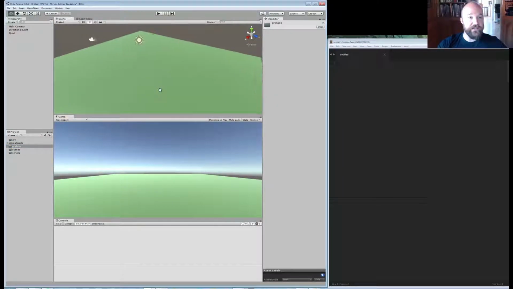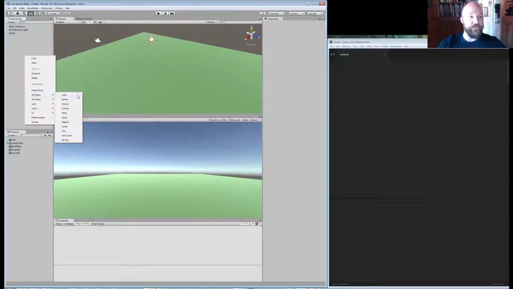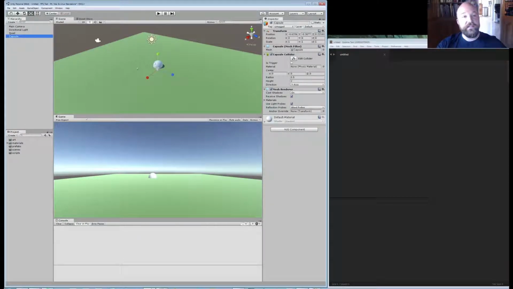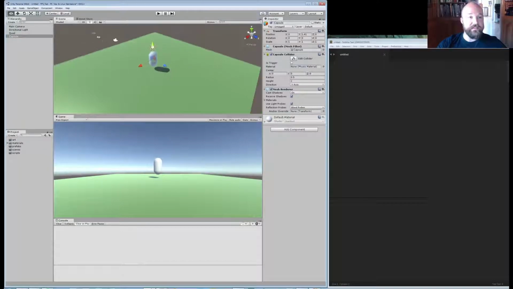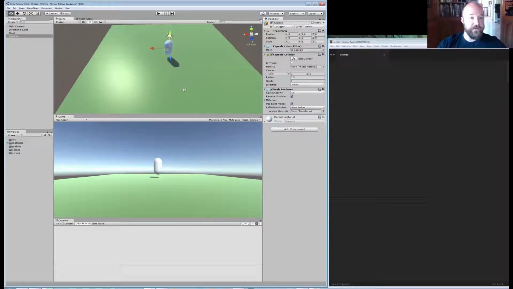Now we need a character. We can right click in here and do 3D object, and let's make a capsule character. Okay, and scoot him up, and again zero out his position because it's always weird. Also, my main camera, that's not the angle I want, that's not the view I want to be using,